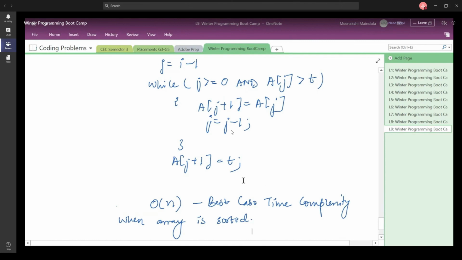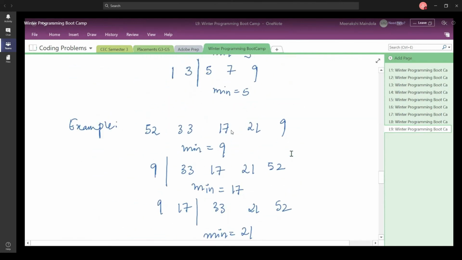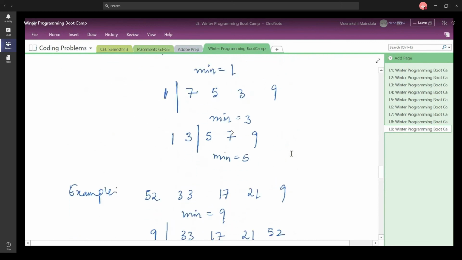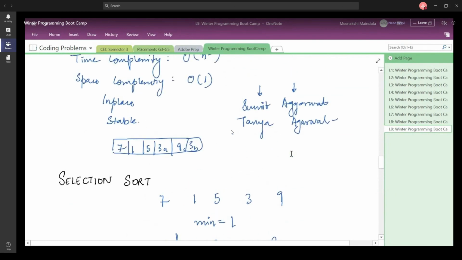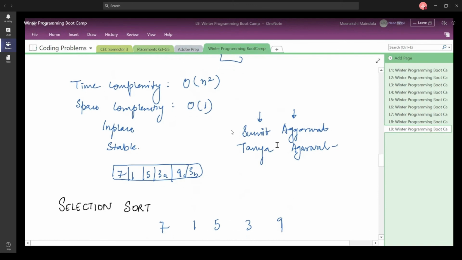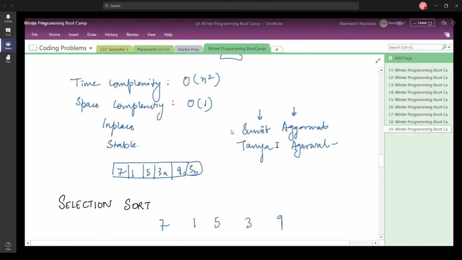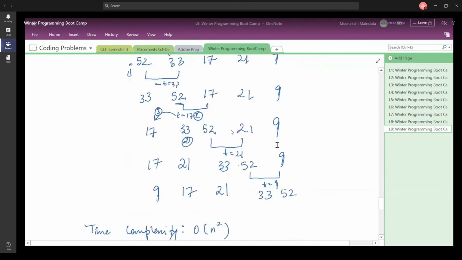Okay, so is this part clear to everyone? Has everyone understood insertion sort? If you have any doubts in insertion sort or bubble sort or selection sort, then you can post your queries in the group again, and we are going to take up those queries and understand. Otherwise, we had to cover these 3 sorting algorithms. We have discussed what are the different time complexities for these and the space complexity, along with other criteria which involved in place and stable sorting algorithms. So this is about it.